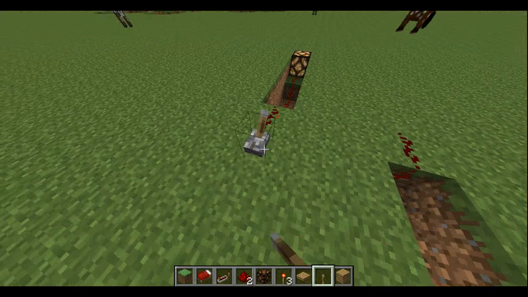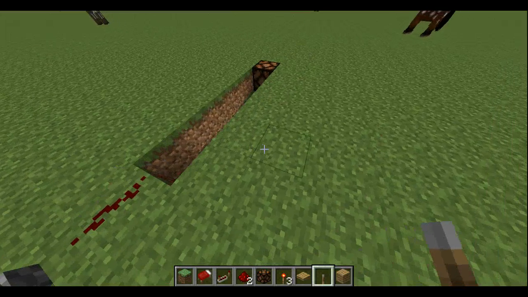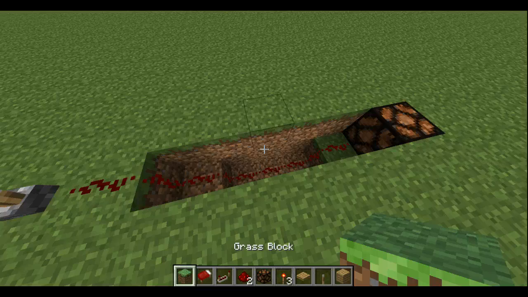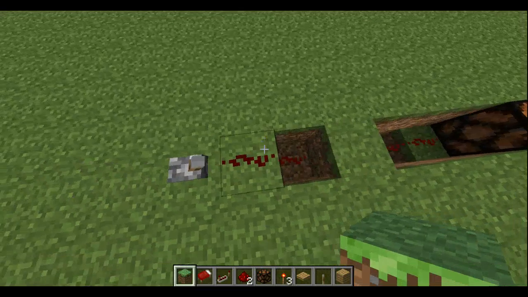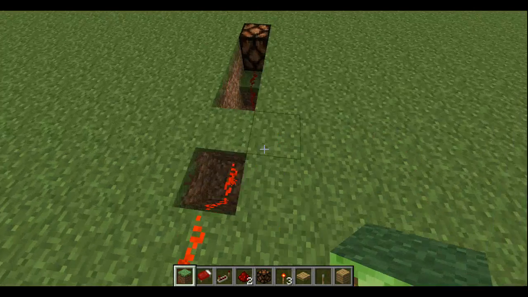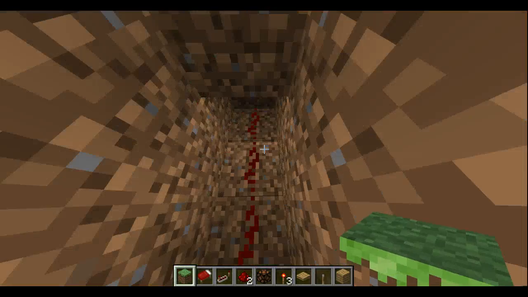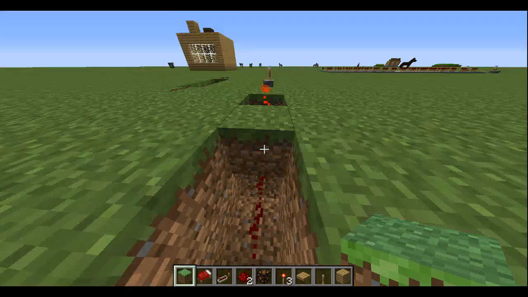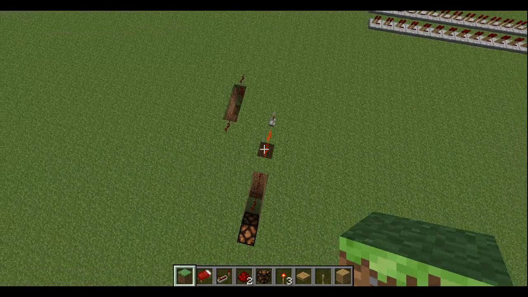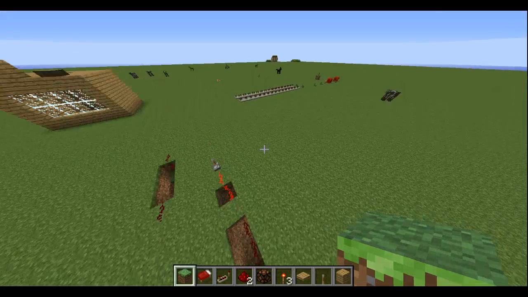And then turns it on. However, if I do something like this, then for whatever reason this cuts off the circuit. You can see that isn't getting energy. So yeah,